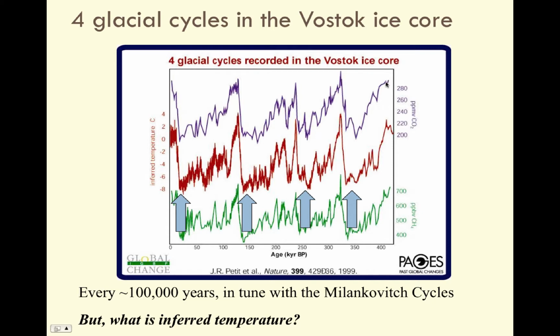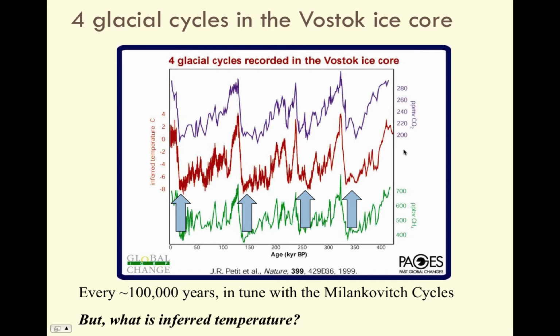So what's seen here, the purples in the upper part of the graph are CO2 concentrations, as found by grinding each layer of ice in the ice core and seeing what kind of gas comes out of the bubbles. So they measure that and see oscillations every 100,000 years. They do the same with methane every 100,000 years roughly. Here's inferred temperature, and I'll get into in the next few slides how we infer temperature from the water content. But the key here is that they are in tune with the eccentricity orbital cycles. So during the Pleistocene, we do see this periodic oscillation of temperature, CO2, and methane together.